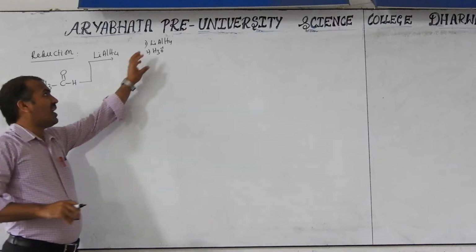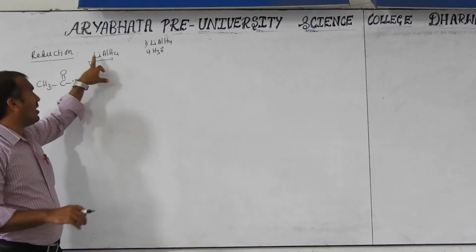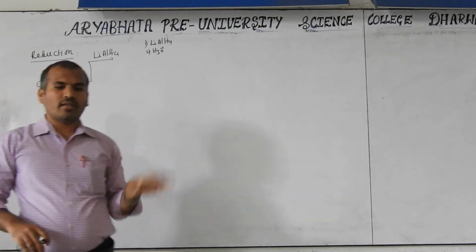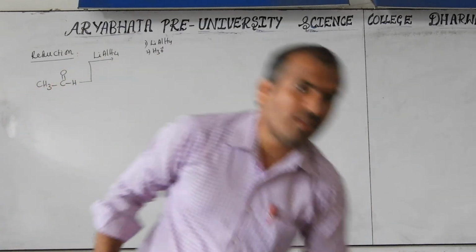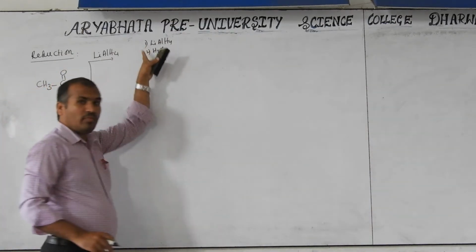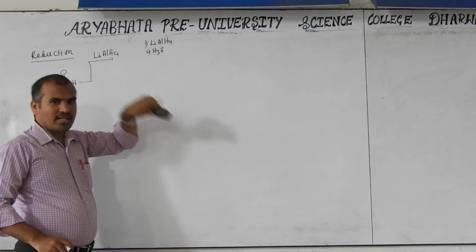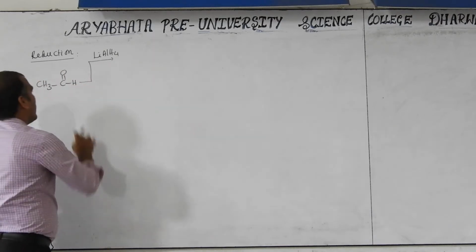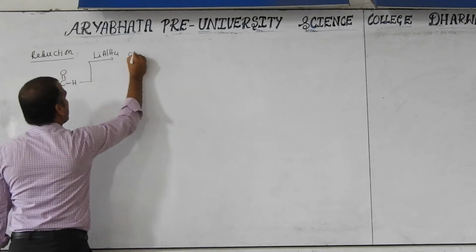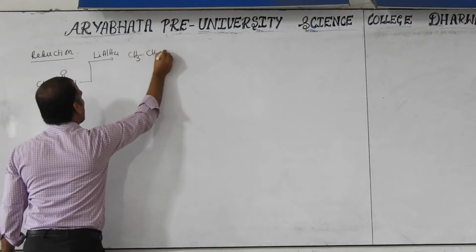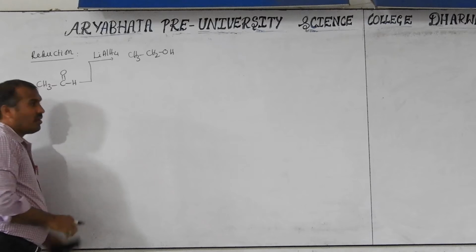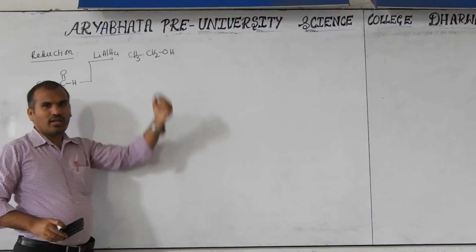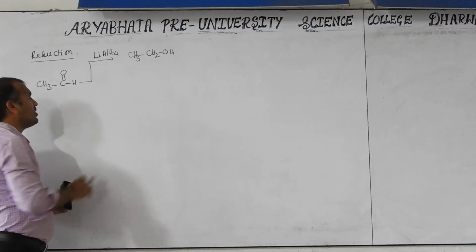But it may not always be represented like this. Even if it is not given, you have to understand that these two steps are involved. Carefully think about it: both steps are included here, and you have to consider them even if not given. Now this is converted into CH3, CH2OH. Fewer hydrogens before, more hydrogens here. Addition of hydrogen is reduction.